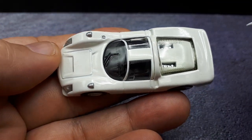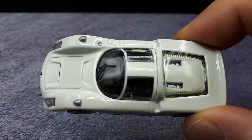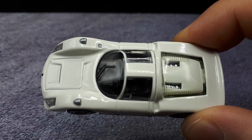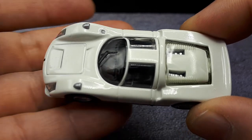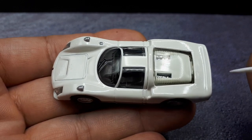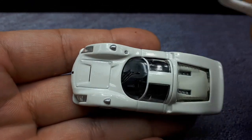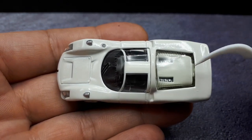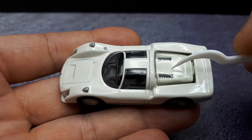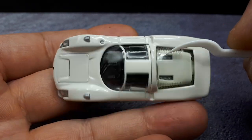So sadly, I'm noticing this paint rash here. This model came from the very first Porsche collection that Kyosho did, which was put out back in 2005. Just to let you know. So this is a 16-year-old model, and yeah, it has some paint bubbling going on. Alright, ignoring that fact, it's pretty cool that this car has this clear plastic cover over the engine, and